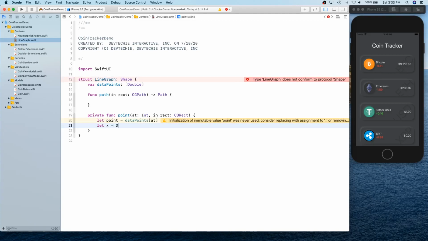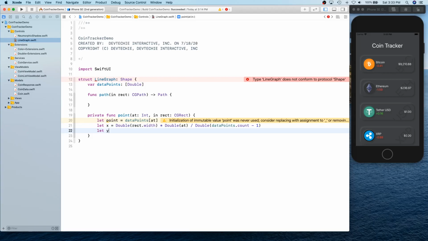So x is going to be double, and we're going to compute this by taking rect dot width times double value of that index, divided by double value of data points dot count minus 1. That's going to give us x location,